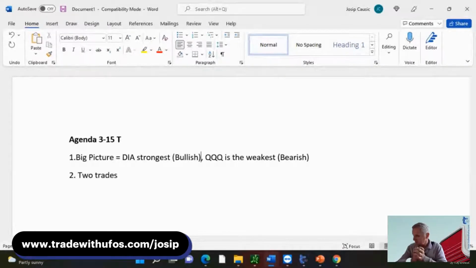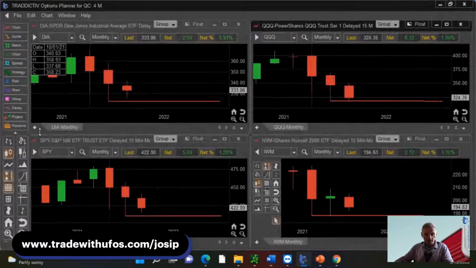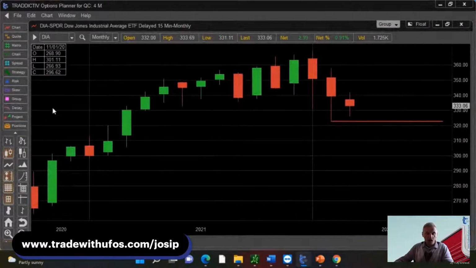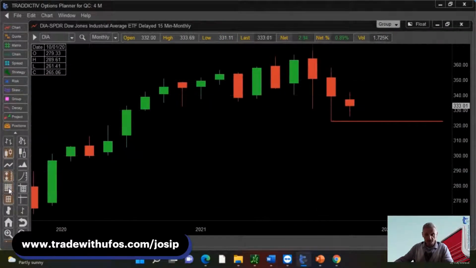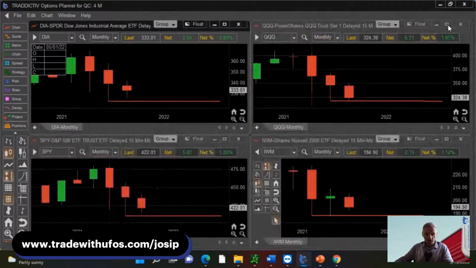The question that I have here from Joe: which candle do you put the more weight on, the highest closing candle or the red candle with the higher high? Joe, could you get a little bit more specific? Because I show you four ETFs, so you're definitely referring to one out of the four. So take a moment to type this in, and I can explain it, because for me, this is my bread and butter. These are my candidates that I trade on a daily basis according to whichever is strongest or whichever is the weakest, which means I really don't need to trade all four of them every day. I just need to pick based on whatever the market is doing.